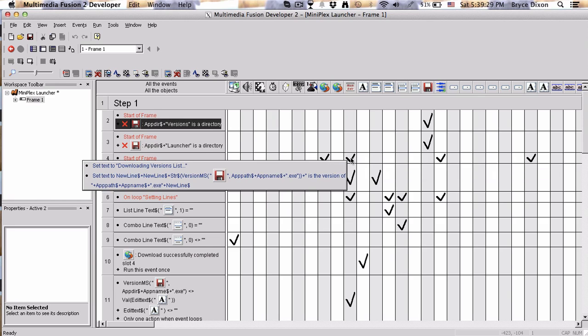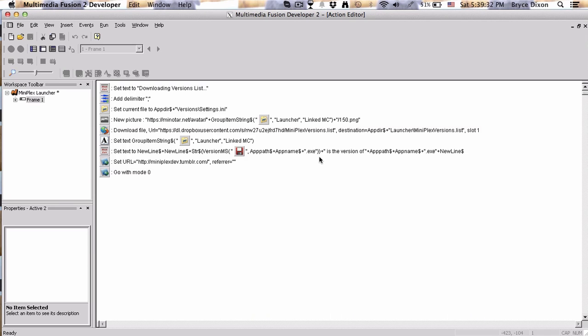Excuse me. And it will add a line saying downloading versions list, adds semicolon to the string parser as a delimiter, sets the current file of the ini to wherever you saved the launcher /versions/settings.ini,